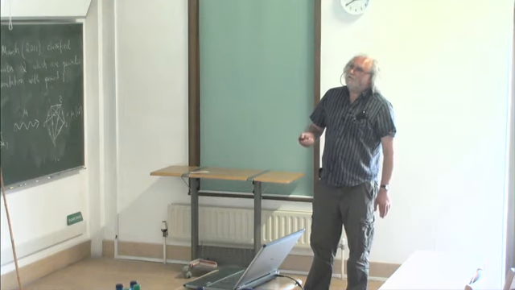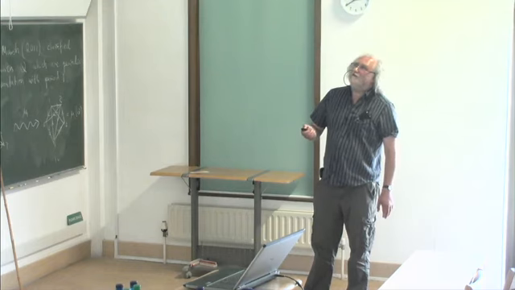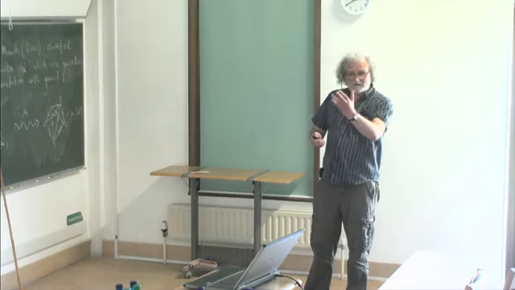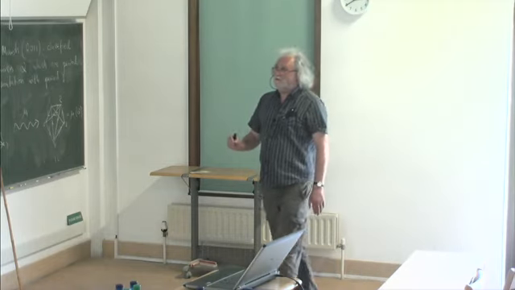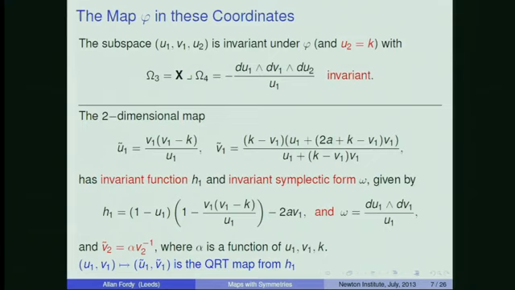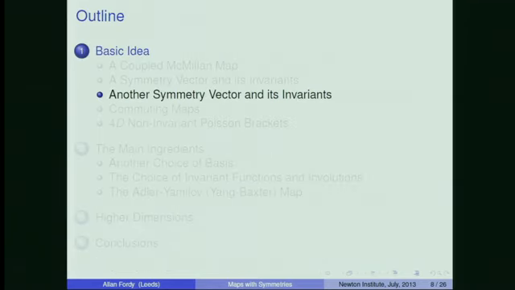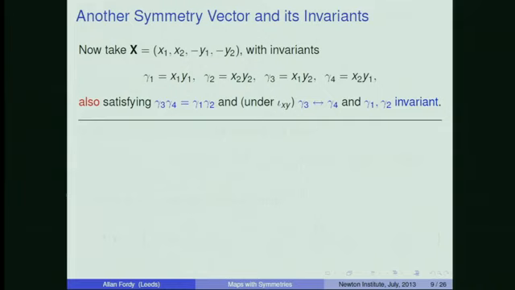This particular map is just the QRT map you would get from this H if you just calculate it straight from the H. Okay, so that much is just straightforward reduction. There's nothing particularly interesting on its own. However, if we now make what looks like a very trivial change